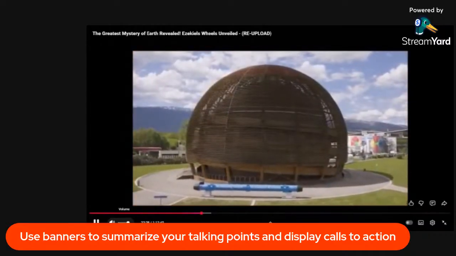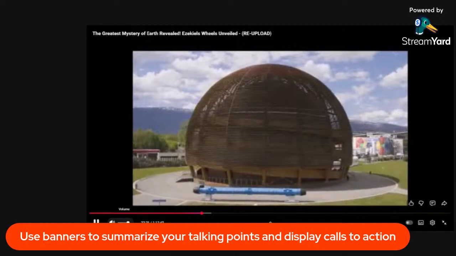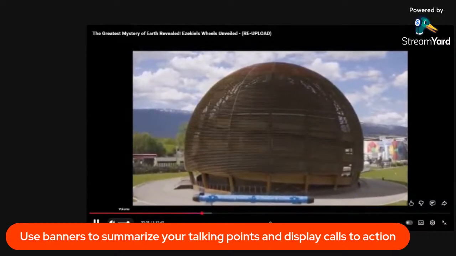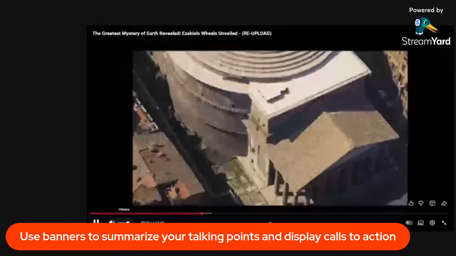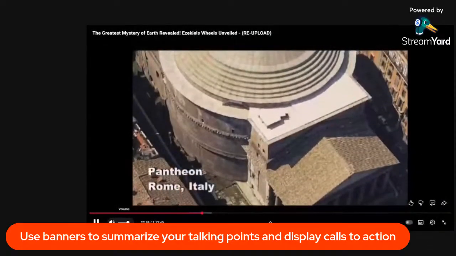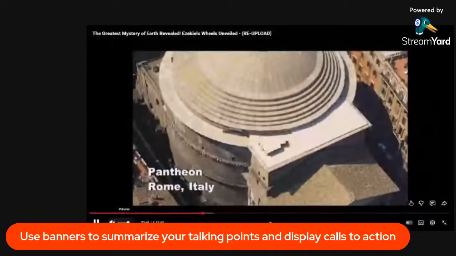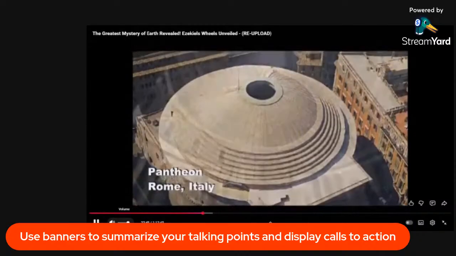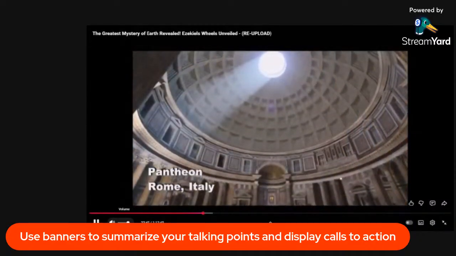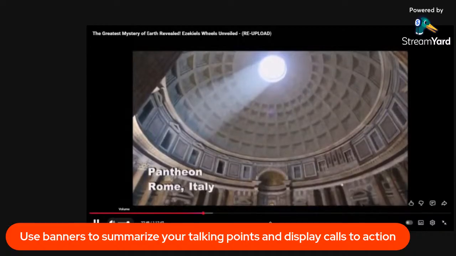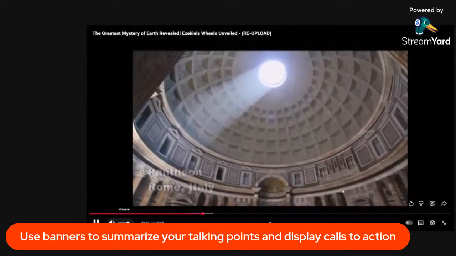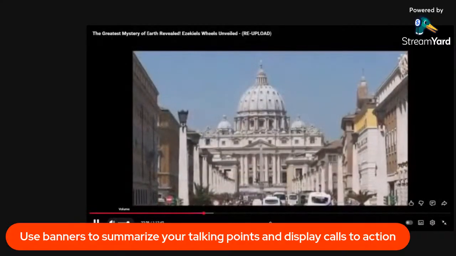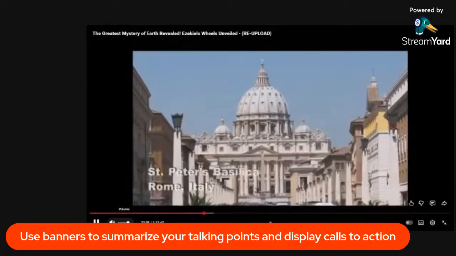Then once it was realized that the key pattern required for this theory was found in the dome at CERN, it was also discovered that CERN was not the only place with the required pattern. The pattern has been there for centuries at the Pantheon in Rome, which has been referred to as the Vault of the Heavens. Then the required shape was also found at St. Peter's Basilica.